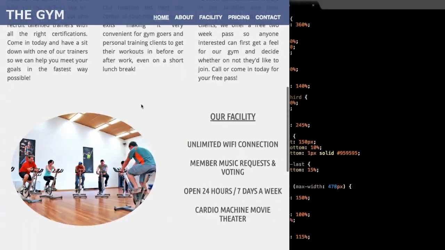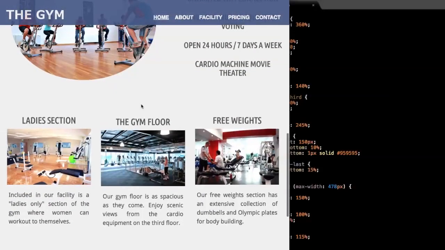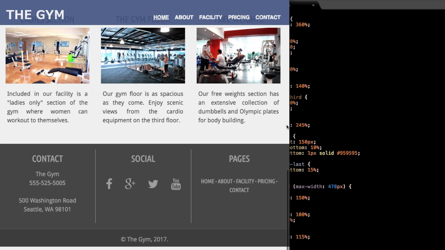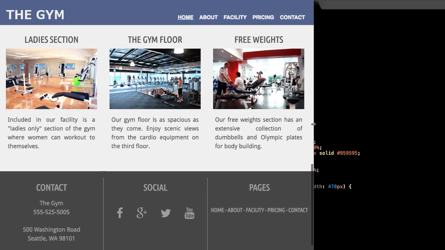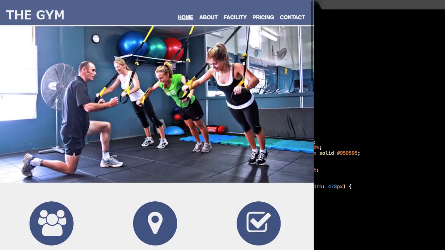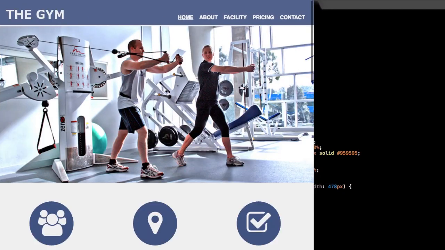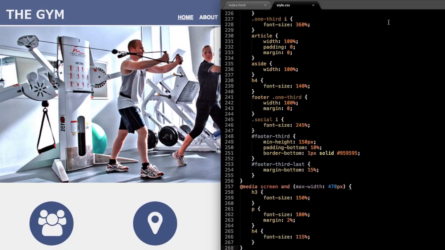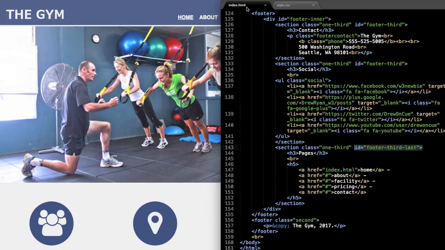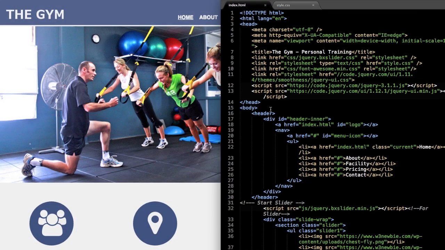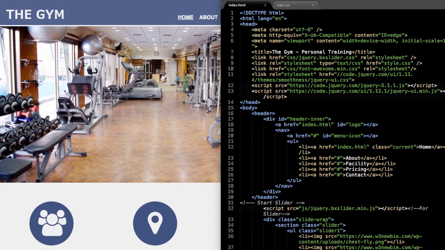Alright, so I'm just checking this out on some different widths, and then what we'll want to do to get started with the animation is go back over to index.html to get started. Okay, and once we open up index.html, all we'll need to do to get started here is add a little bit of information to the head